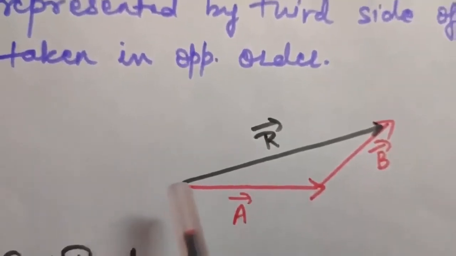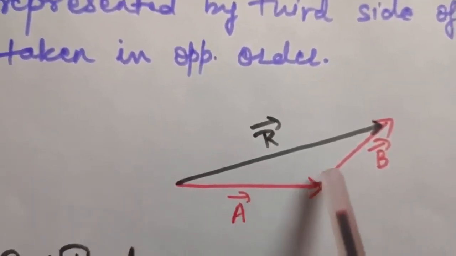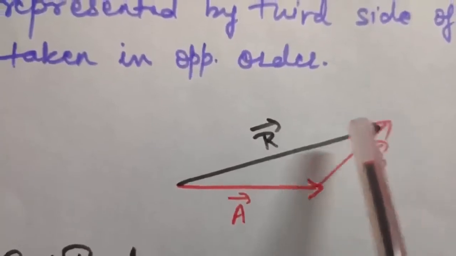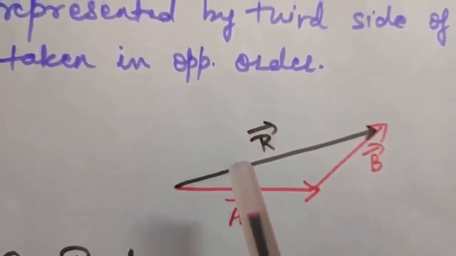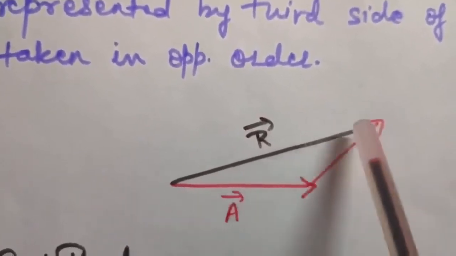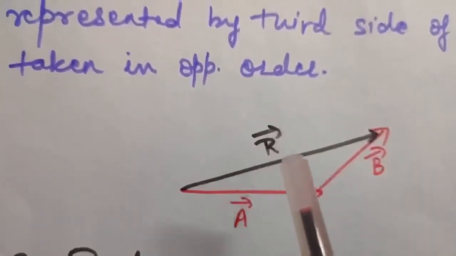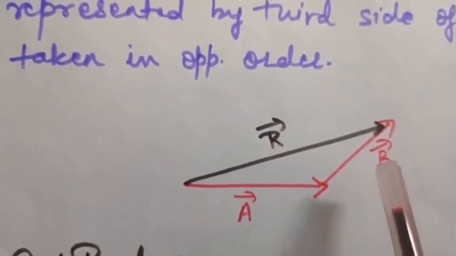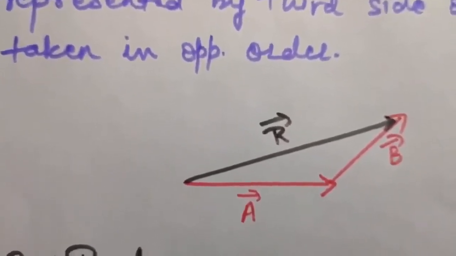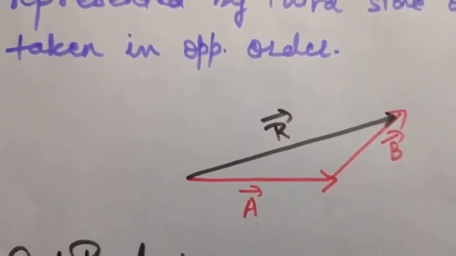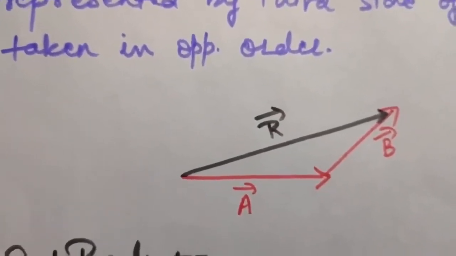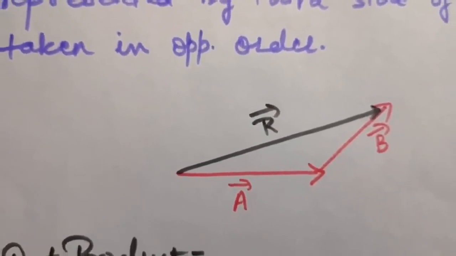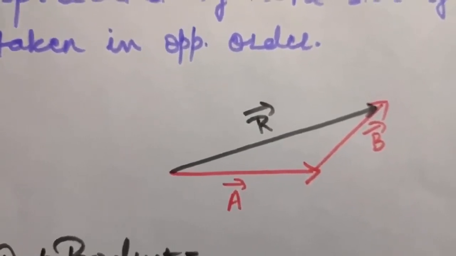Now their resultant will be the other side of the triangle taken in opposite order. If you look clearly, this is going in this direction, this is going in this direction. So the next vector should go in this direction, but the resultant should be in opposite order. So it will be in this direction. So this is the resultant of vectors A and B. This is your triangle law, and all those equations which we calculated in the parallelogram law for resultant are valid here. That is, resultant is under root of A square plus B square plus 2AB cos theta.